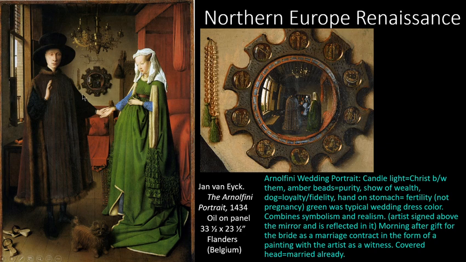But if you zoom in on this convex mirror back here on the back, and I've got a little thumbnail of it pulled up here for you, we are not shown in the reflection of the mirror, but instead that is a portrait of Jan van Eyck. This is something that the Dutch do. They show off their skills by showing the reflection of a mirror, and having themselves present in that. It's like their own signature. But he does sign his signature up at the top anyway. So he still signs it, and his self-portrait is there as well.